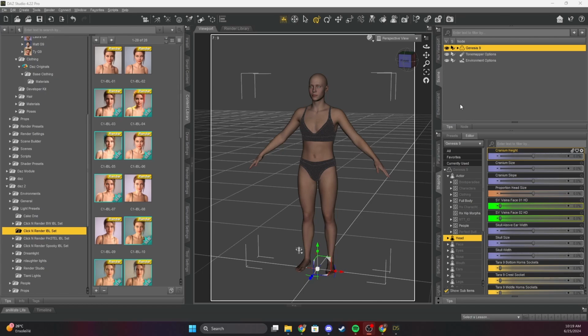So a quick note on the displacement map. From what I understand, and I'm not a full-fledged 3D artist, so it's really something that is new for me, they are maps that tell the Iray render engine where creases in the body are and where to implement shadow. So it really adds details to your model